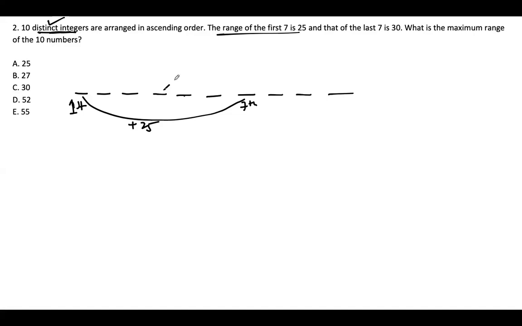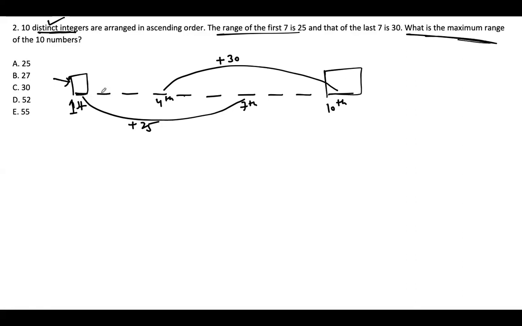3 plus 4. What is this value? As in, what is the difference? 30. This is the fourth value. What is the maximum range of the 10 numbers? Maximum range. So you need to maximize this value and you need to